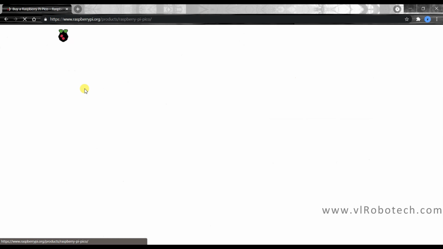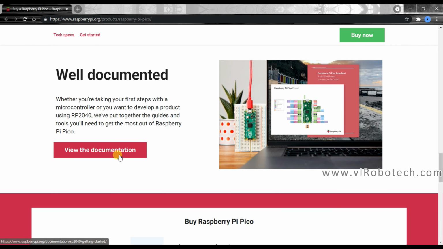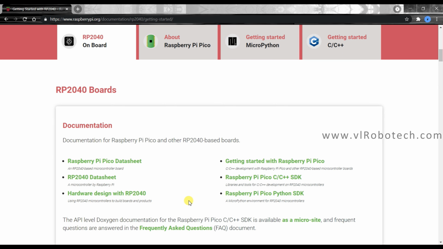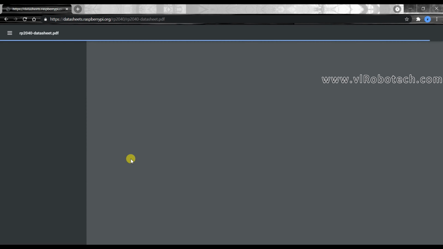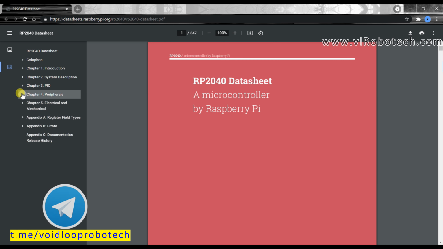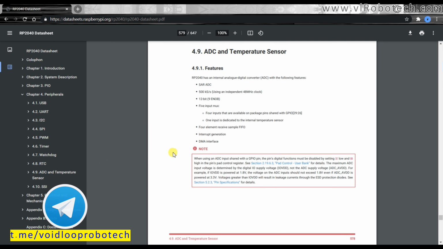This is the official website. Go to documentation, then the RP2040 datasheet, and go to peripherals, ADC and temperature sensor.